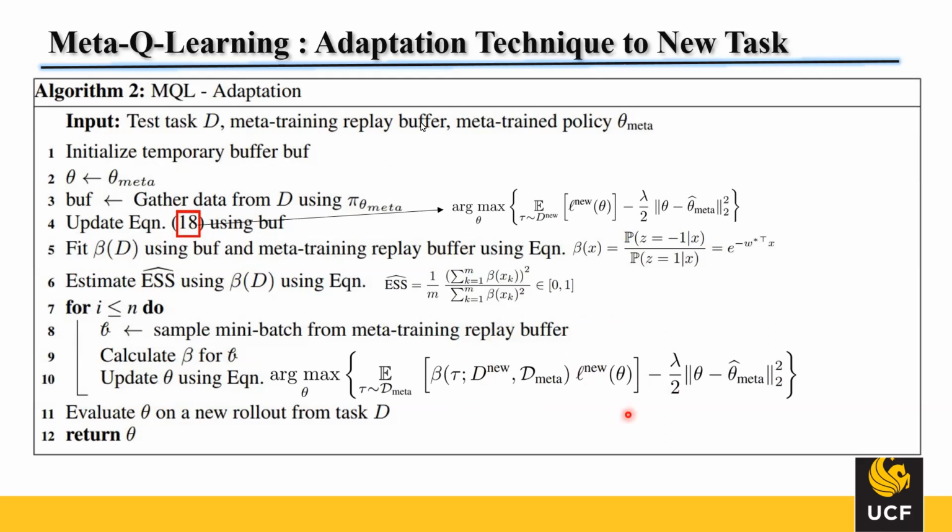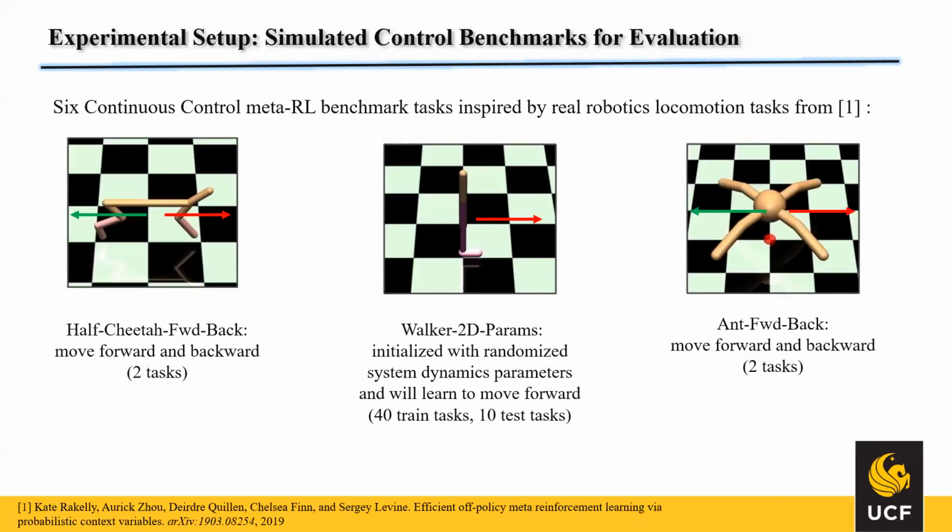And if we get a promising result, then we can say that this adaptation is done. So the learning that we have in the meta training phase actually helps us to accelerate the learning for the new task. Now, my presentation mate, Rashid, will take over, and he will discuss the experimental setup and the result part.